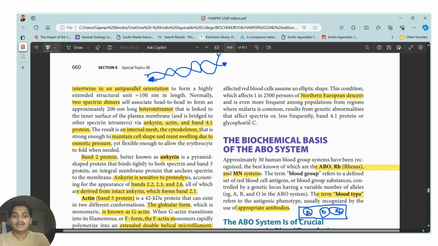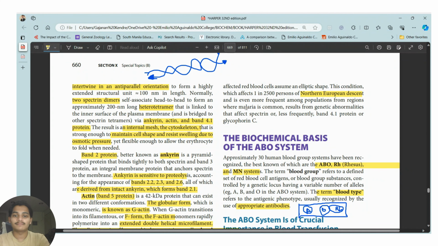Then this is the main cause. Hereditary elliptocytosis is mainly present where malaria is common, because as we see this,